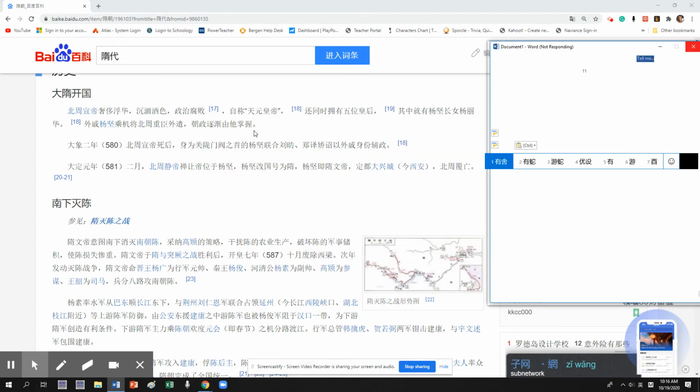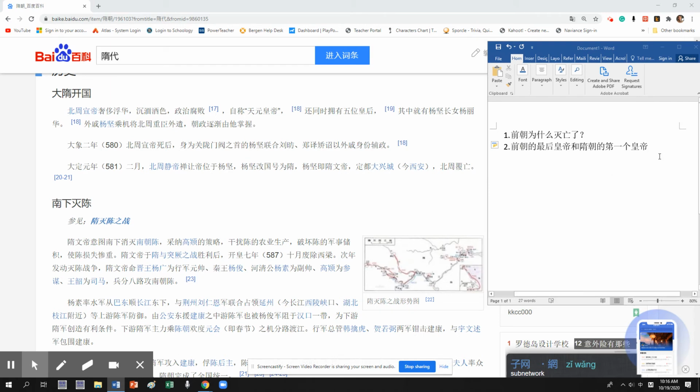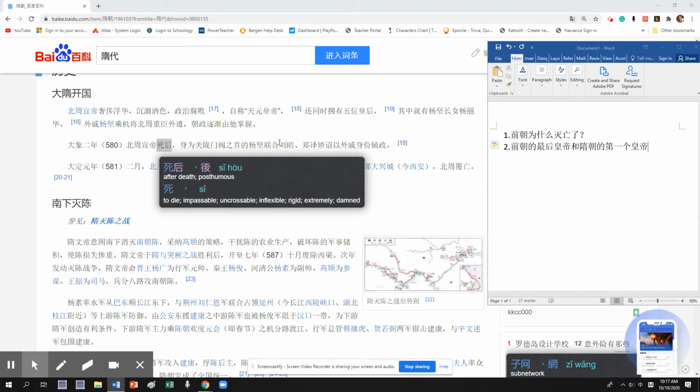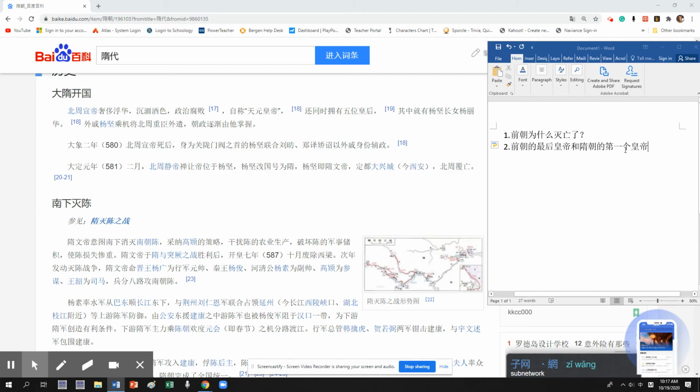So that's what you're going to do. You'll make 3 to 5 questions based on your reading, and then you can answer them. And if you want to break that into 2 assignments, you can, because it's going to take some puzzling out what the text says and some thinking to make the questions, and then some thinking to answer the questions.